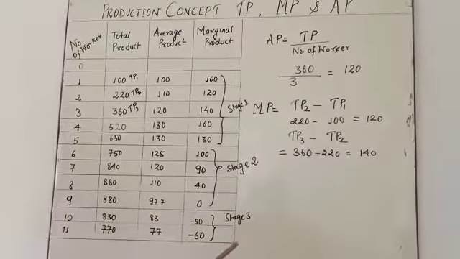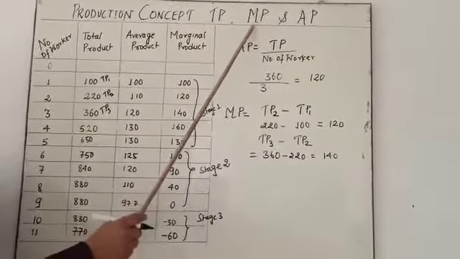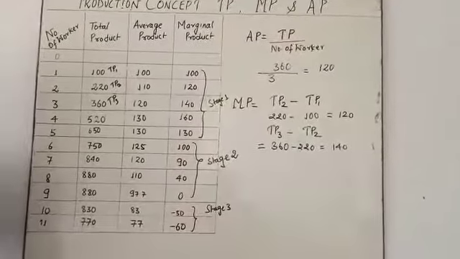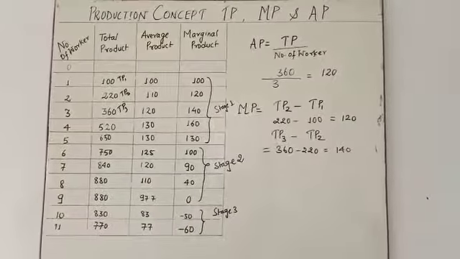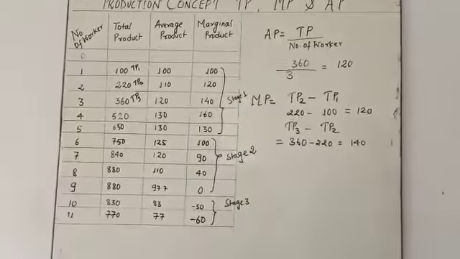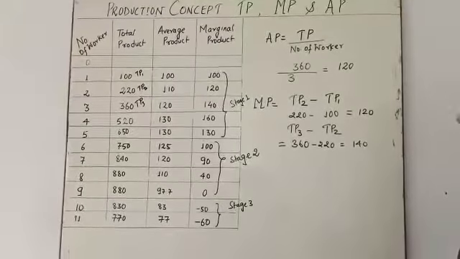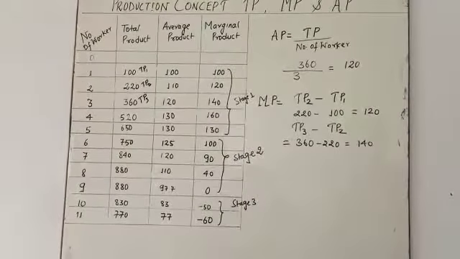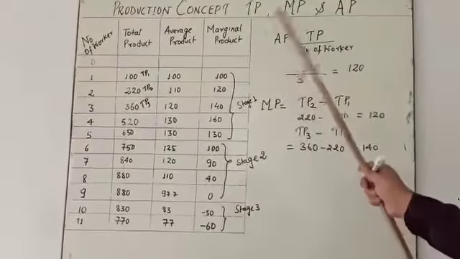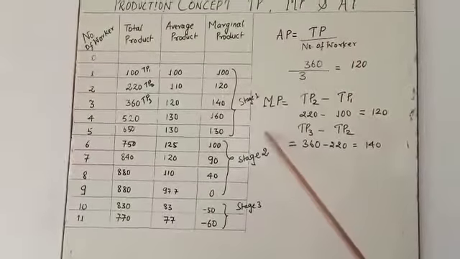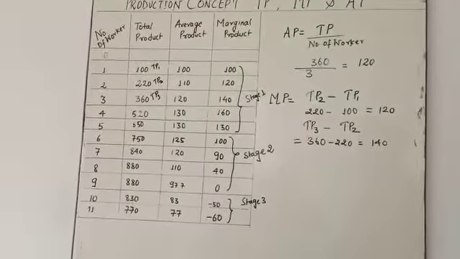Okay. So, my dear student, I hope you understand the relation and concept of total product, marginal product and average product. I hope you understand this topic. So, in the next video, I will explain the graph. Okay. So come to the next topic you have to follow. It is a simple calculation. In your exam, a numerical regarding TP, MP and AP will be asked. You have to find out how to calculate TP, MP and AP with the help of the given data. Okay, my dear student, thank you.